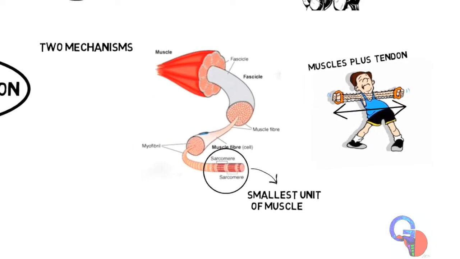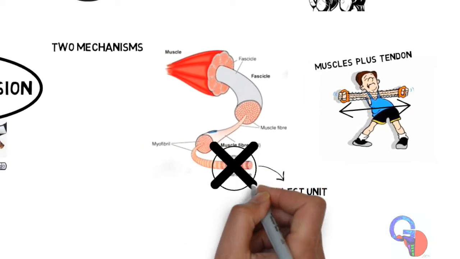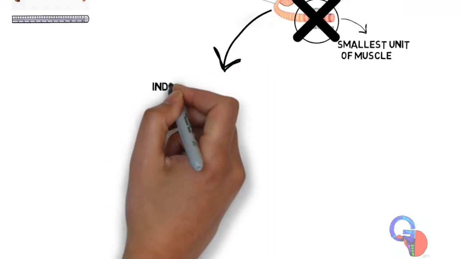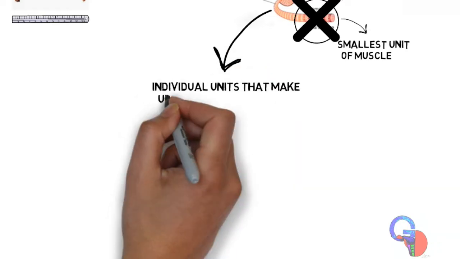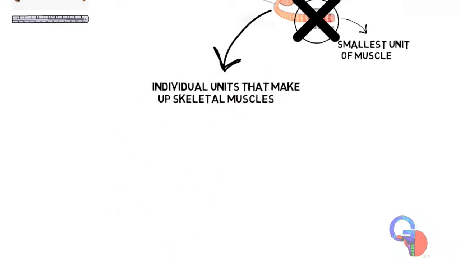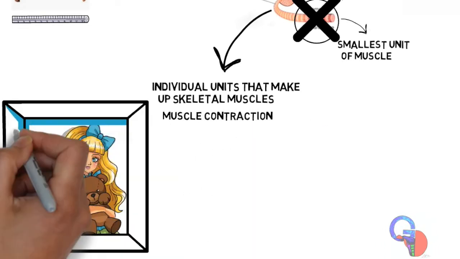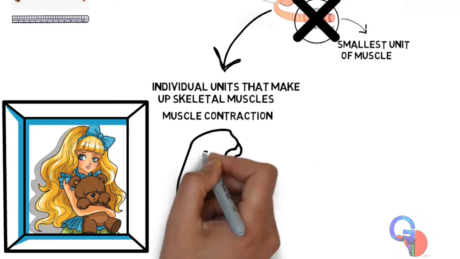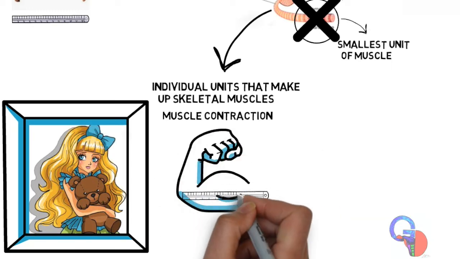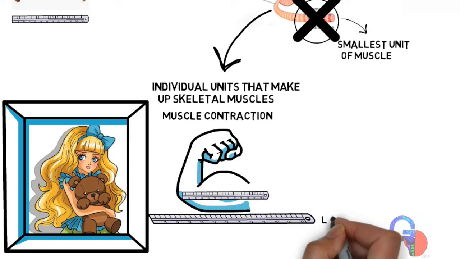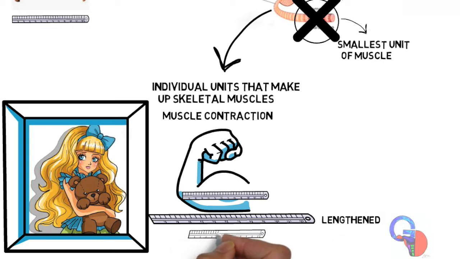For the sake of simplicity, we won't discuss the properties of sarcomeres in depth. Sarcomeres are simply the individual units that make up skeletal muscle. These units create a muscle contraction. They operate a little bit like Goldilocks, meaning that they contract best under a specific muscle length. If they are lengthened too much or shortened too much, they will not contract as optimally, as shown in this